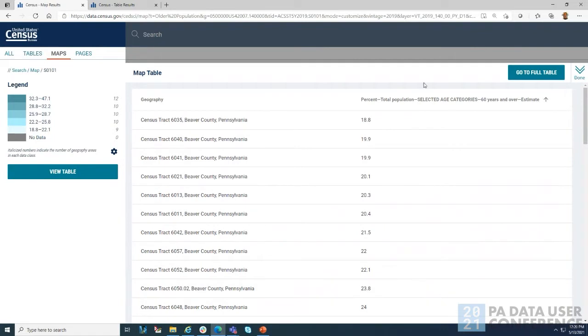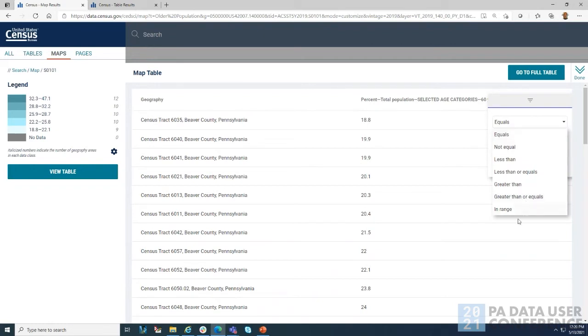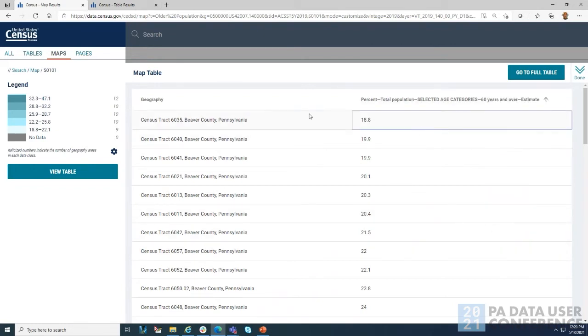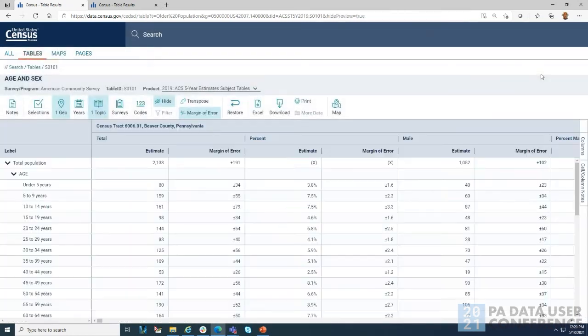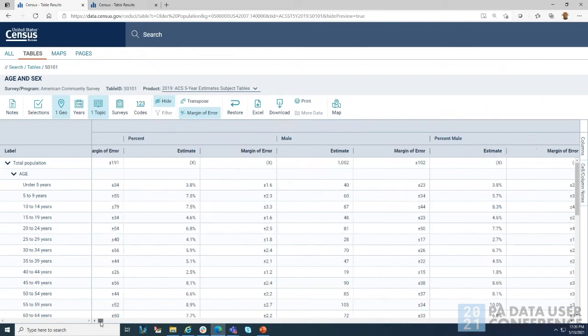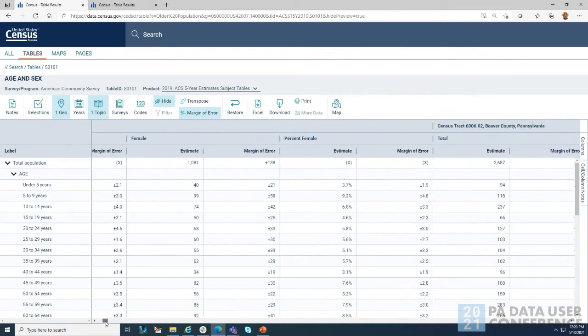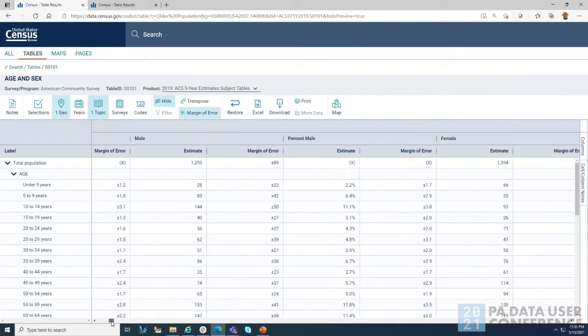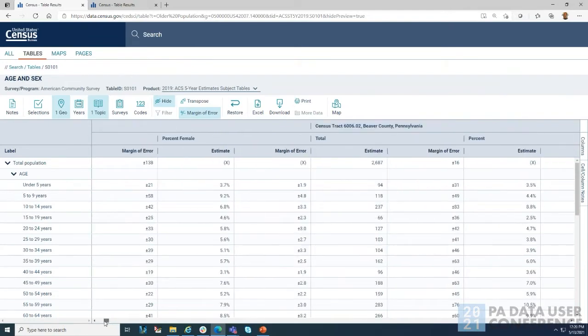I would like the ability to print this. We don't have that yet. You can also do things like equals, not equals, if you wanted to range from there. And from here, you can actually go back to the full table. And if you look, it's really nice that all of the tracts are available in the table display.